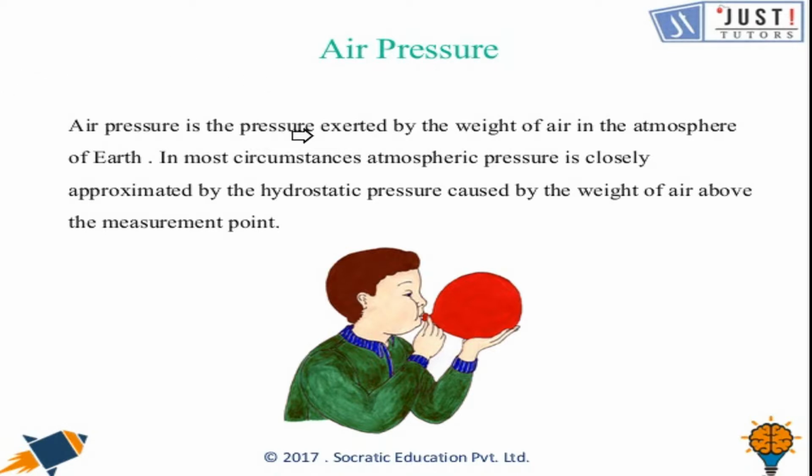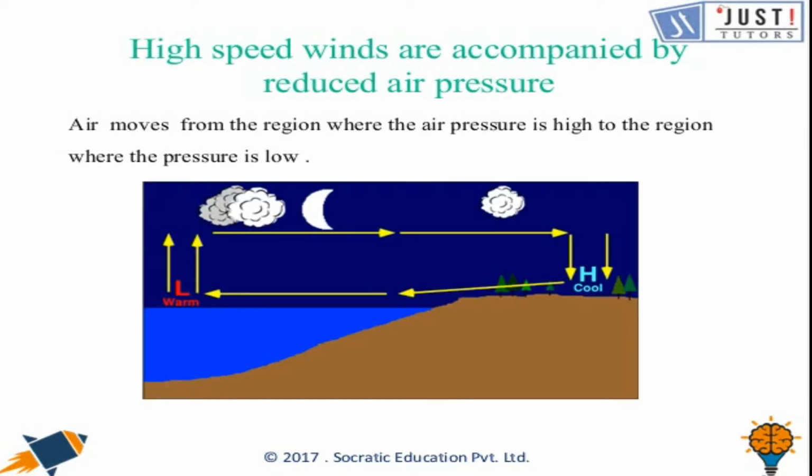Now let's talk about air pressure. The pressure exerted by air on all bodies at all times in all directions is called air pressure. When air moves at high speeds, it creates a low pressure area. For example, here in the example, air inside a balloon exerts pressure in all directions and makes it blow up. And now let's move forward towards the next slide.